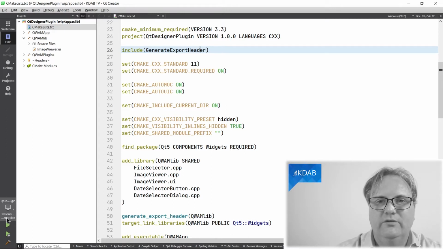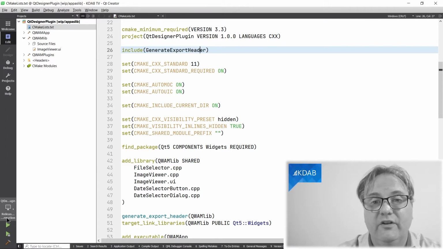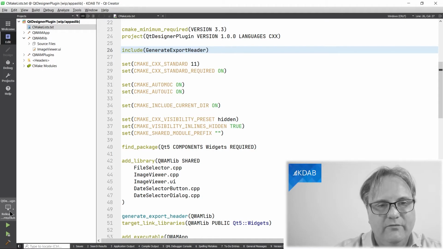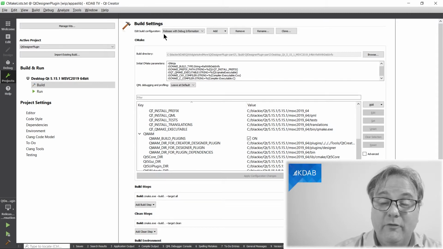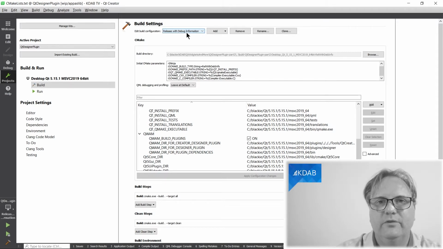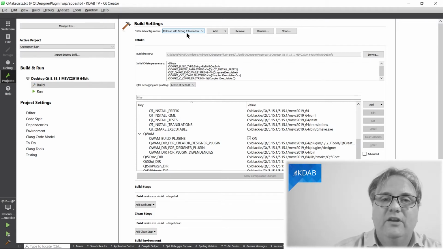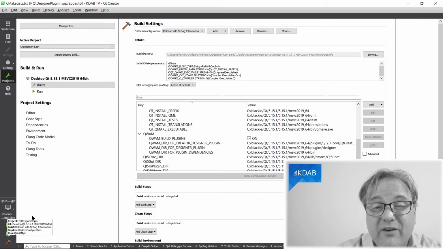You likely do not want to compile your application during your development cycles in release mode. So for that reason, it is a good idea to go up here and set up multiple different builds so that you can build both in debug and in release with debug information. And then, of course, if you deploy it to customers, you might want to do it only in release mode. But for your plugins, those I guess you don't deploy to customers. Well, it depends. For your plugins, you want them to be in release with debug information so that when they crash, you have some debug information.